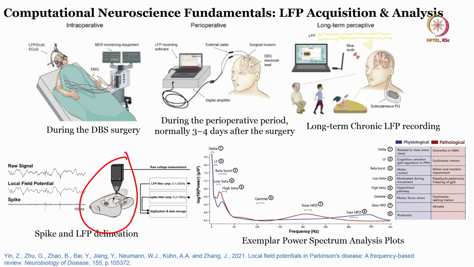The measurement can still be done using DBS, and DBS is particularly used only when the drugs do not work. DBS is nothing but your deep brain stimulation electrodes. If a person has any kind of episodes, for example Parkinson's, the subcutaneous PG is there, and the signals that go through the DBS will reach a particular region to counteract the electrical signals, or in a way to stop the Parkinson's.